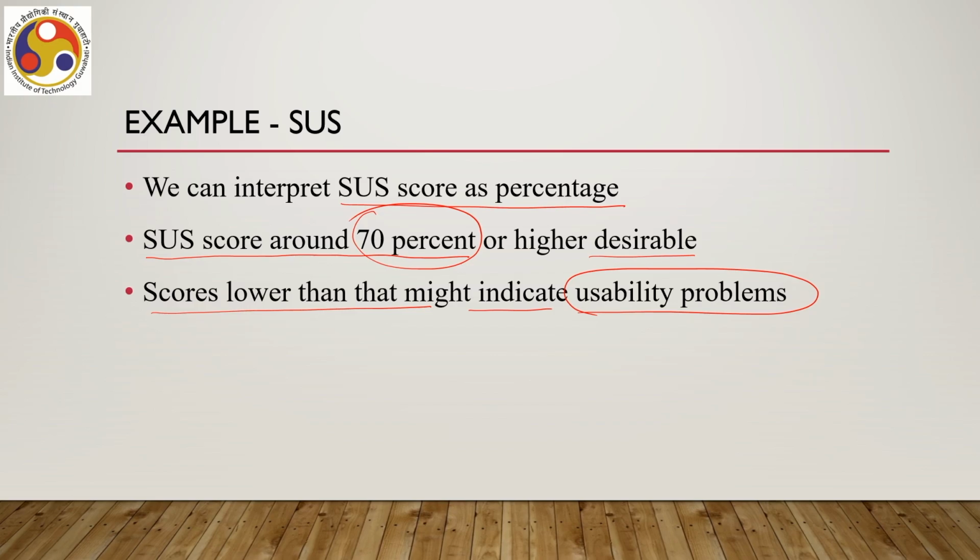So, unlike the expert evaluation technique, the scores do not give a detailed report because it is coming from the users. Users themselves may not know the reason for the satisfaction or dissatisfaction. So, in that case, the designers have to further brainstorm and identify the problem. It will only tell that there is a problem or not. If the SUS score is greater than or equal to 70%, then there is likely to be no problem or very minimal problem not to be bothered about. If it is less than 70%, then there are problems, but these problems the designers have to find out through